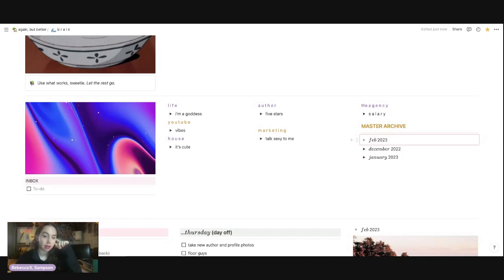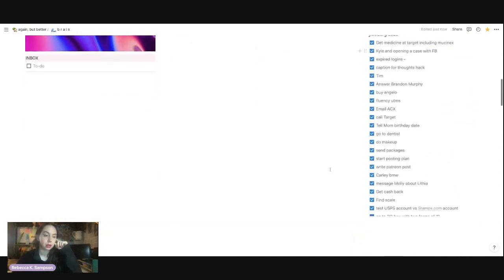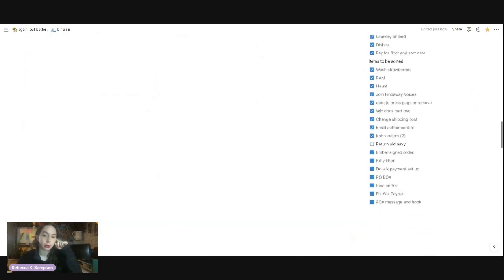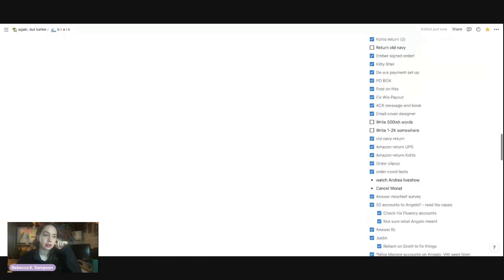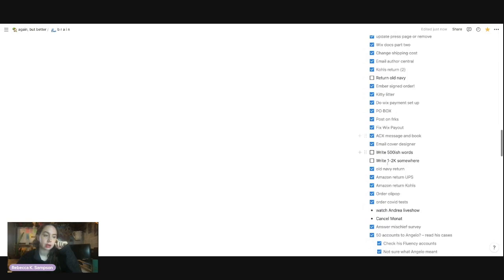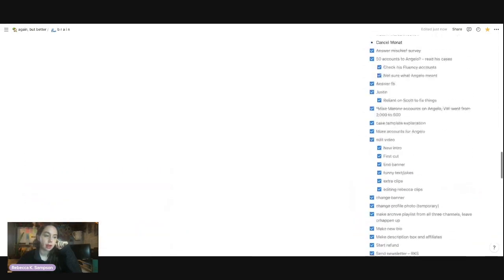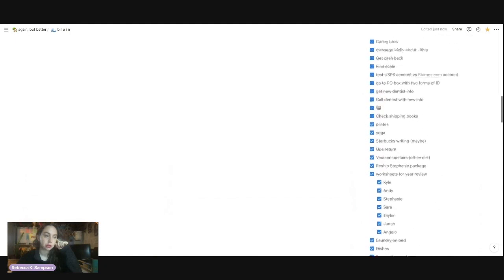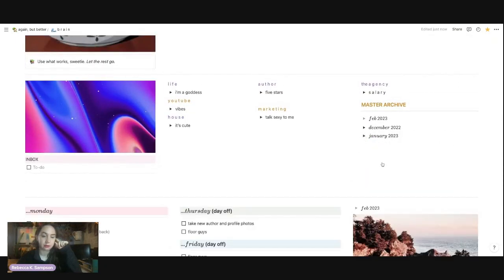The reason that I like to archive my to-dos is because it feels really good to look at it and be like, boom, look at all of the things that I did in January. Look at all that. And see, anything that didn't have a checkbox are things that I ghosted. So all of that is here, and this is just partial for January because I had a different system for January that in the first week wasn't working for me, and I swapped back to this one.